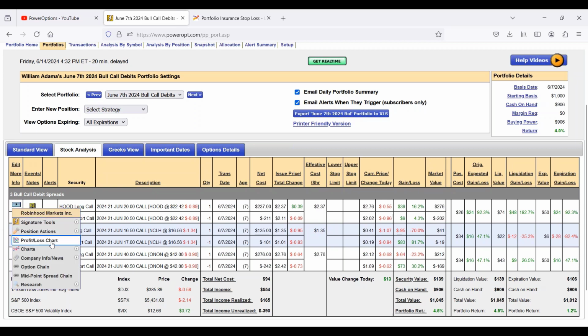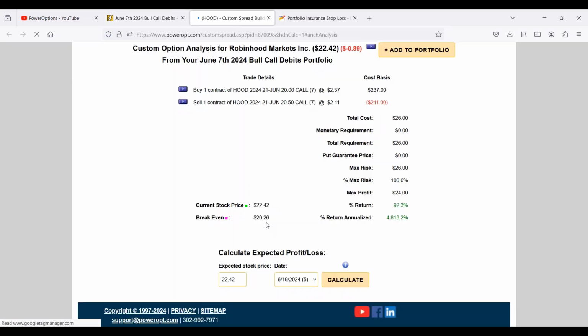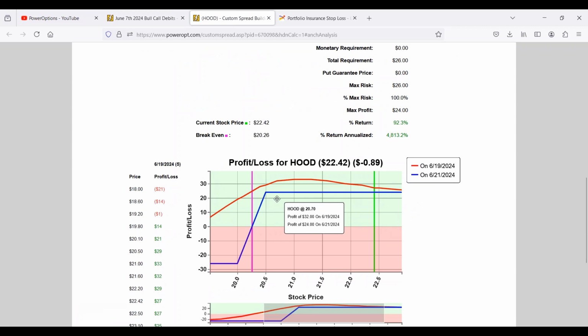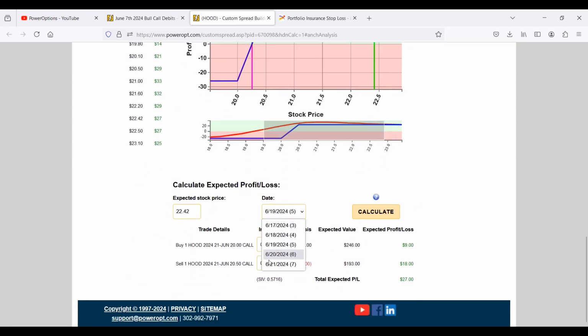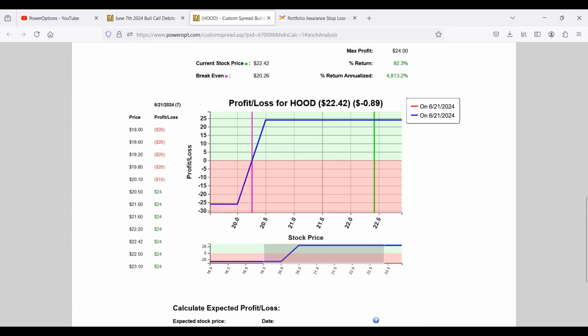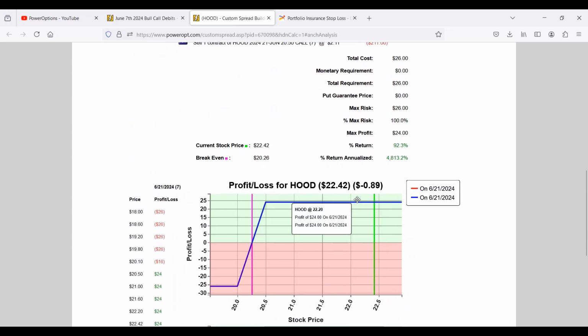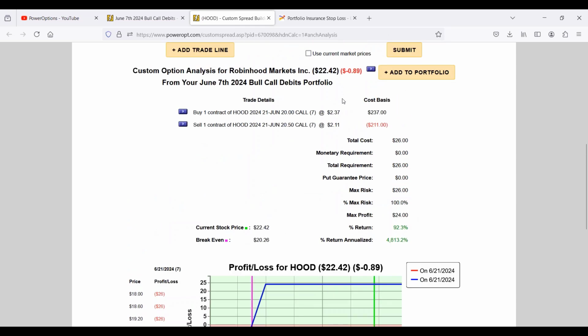Let's take a look here. Let's just go to the profit and loss chart. So again, when the stock was trading around 23, let's just change that here to this expiration. There we go. When the stock was trading at around 23 the other day, a little bit higher, could have entered this position